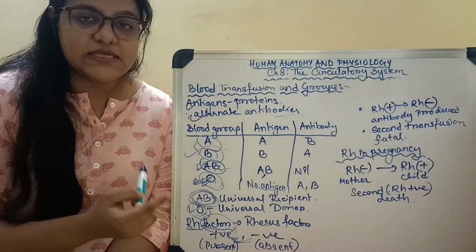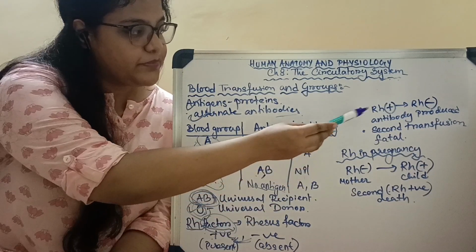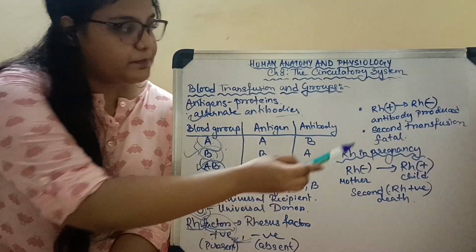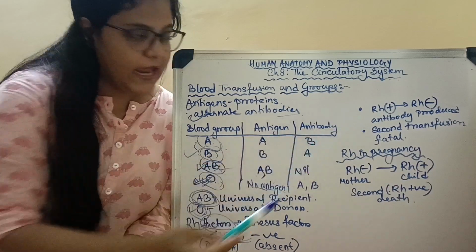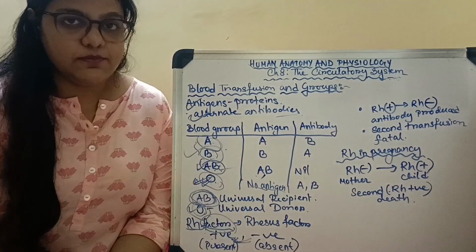Now during the second transfusion, that is when the second time the Rh positive blood is introduced in this person's body, the previously produced antibodies will totally fight against the Rh positive blood, because